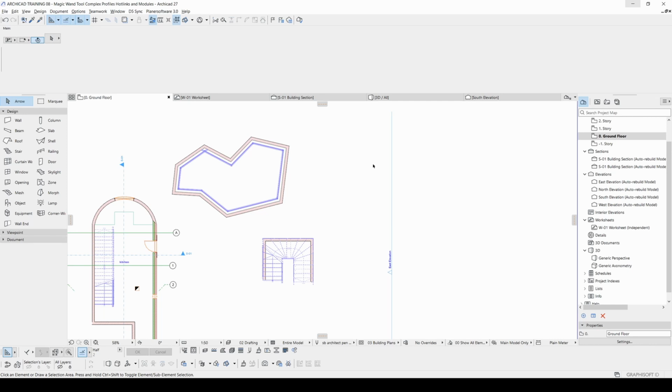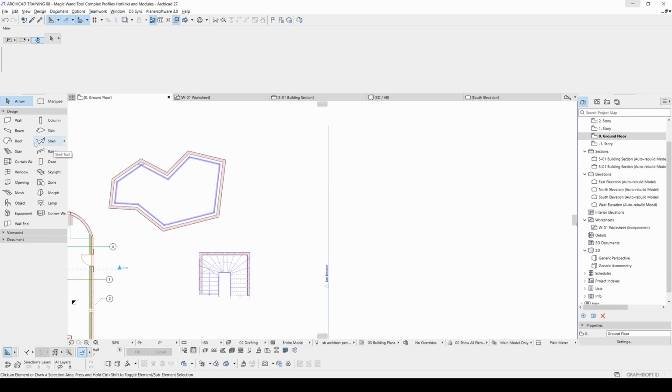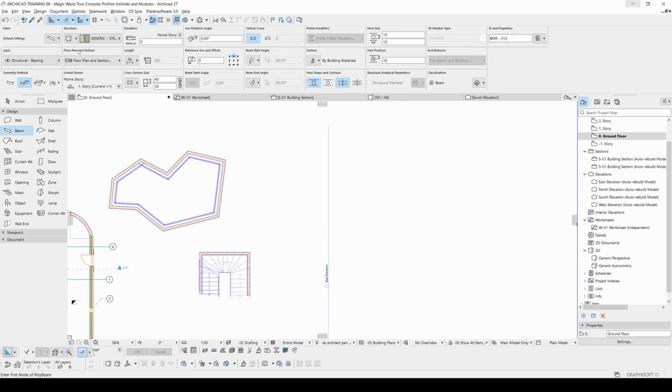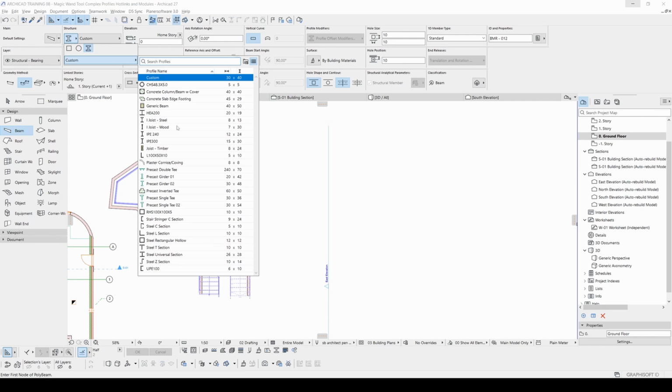Now I will show you complex profiles. What are complex profiles? If you, for instance, want to use the beam tool, before that, if you go to structure, you will see these complex profiles. As you can see in the icon, you can make a beam in this icon shape. Let's hit custom, and as you can see, we can select any of these sections